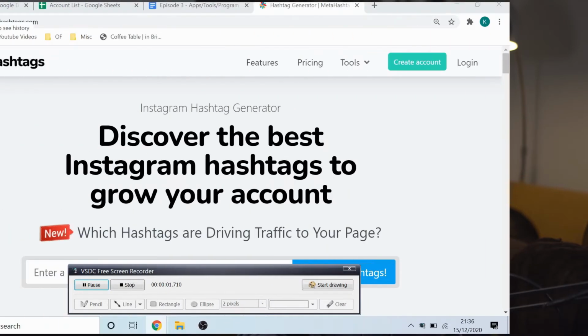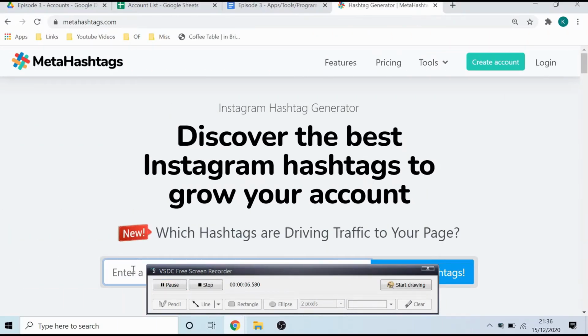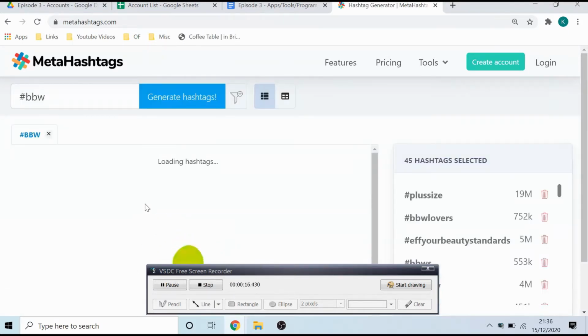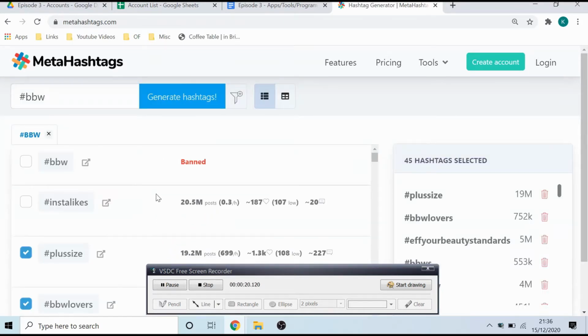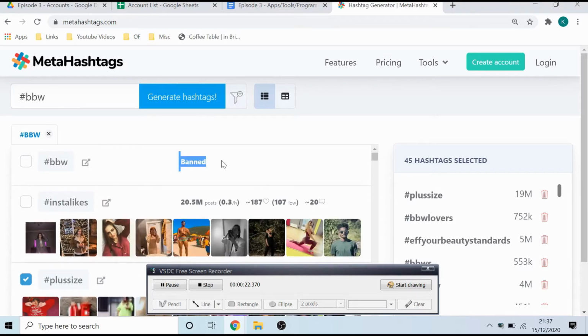So I'm currently working with a colleague who is, let me just show you. Currently working with a colleague who is the BBW. And obviously when you're on Instagram, which is by the way very, very difficult to navigate. But the thing about meta hashtags is when you type in the hashtag, it will also give you all the ones like it, but it's also going to give you hashtags and tell you if they're banned. Do not use them, you'll be put into a bubble. More into that on the content, but meta hashtags is a good